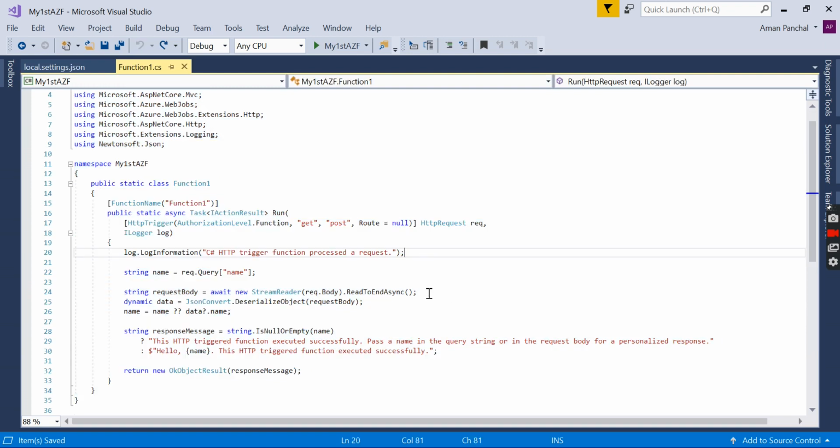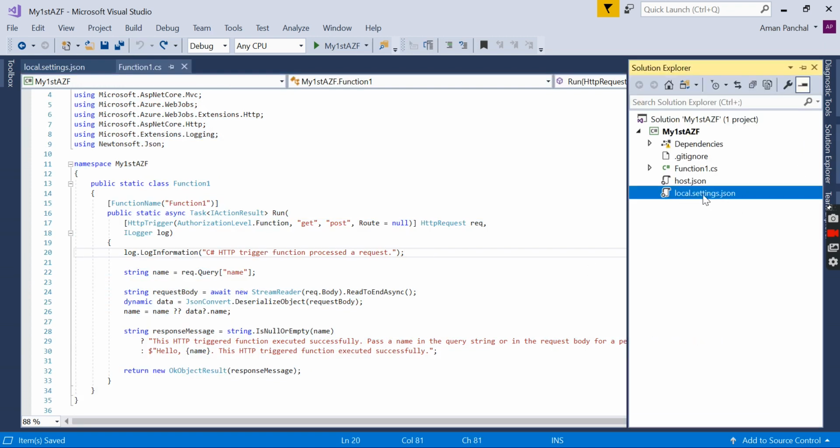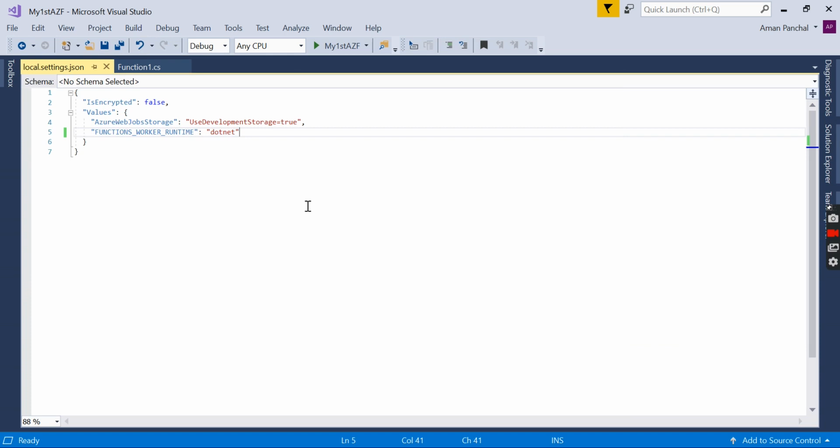This is our HTTP trigger Azure function. So this is the local.settings.json file. These are the default configurations provided by the template. If I want to create my custom environment variable like deployment environment, putting it as dev,